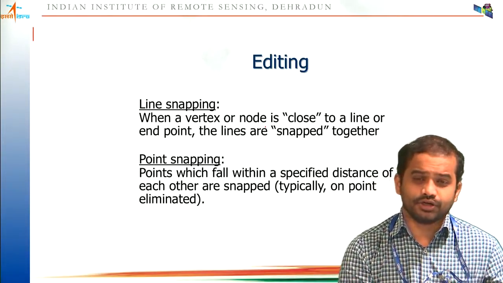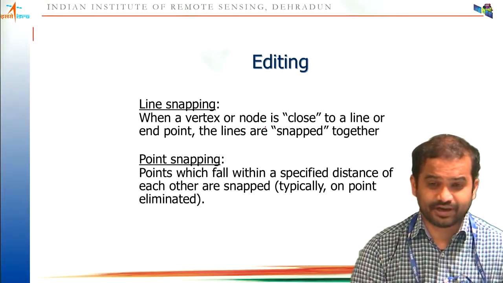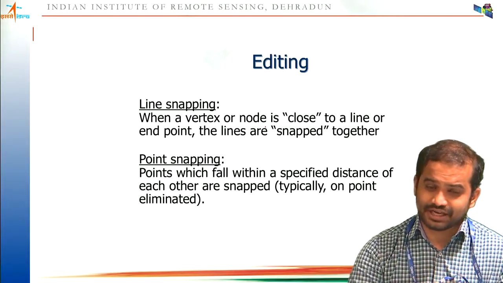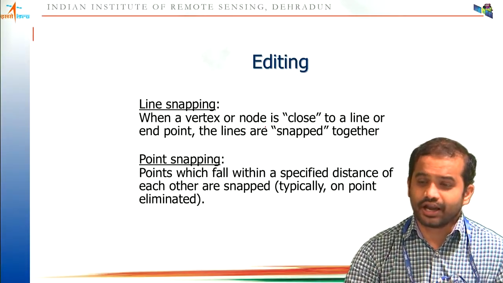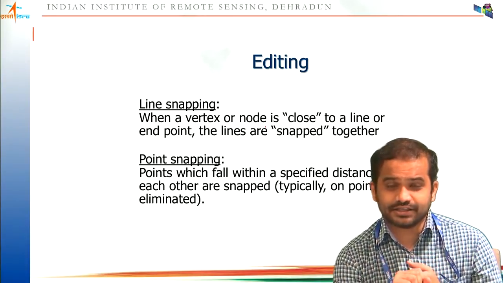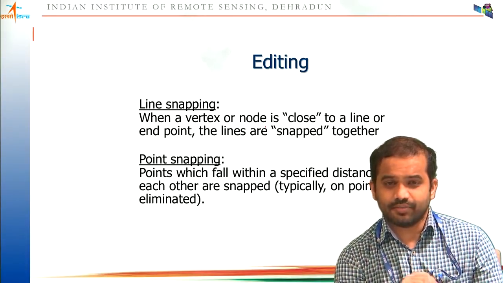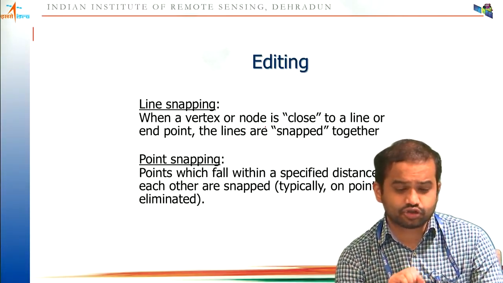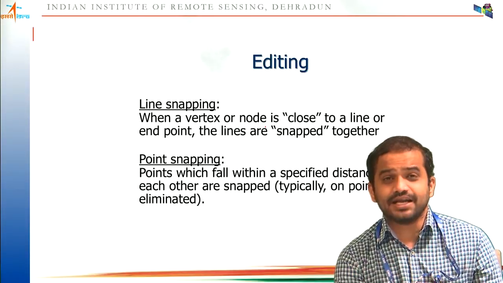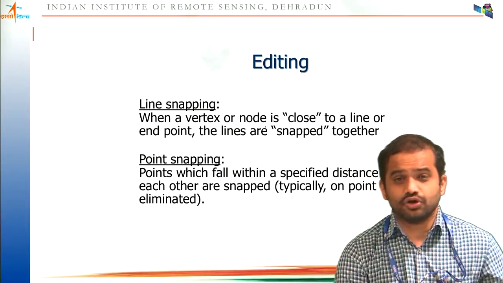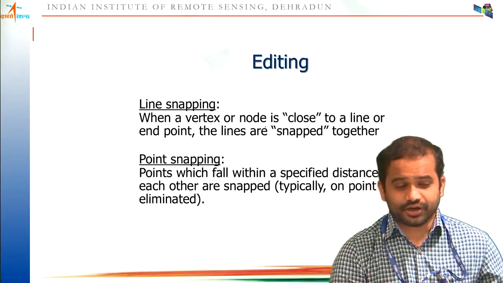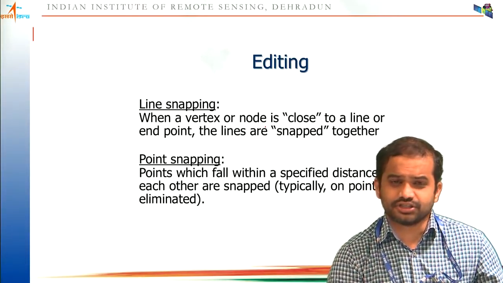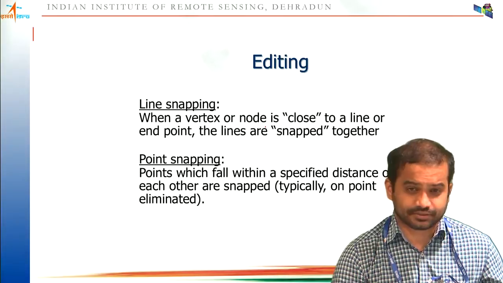Now we are talking about one important feature which GIS provides. So far we discussed the manual errors which can creep into a GIS project, and also saw how we can correct them manually. But now we are discussing how we can use software functionality so that these kinds of errors can be removed. Snapping is a very important one. If you are using QGIS, ArcGIS, or any modern GIS software, you have an option for snapping.